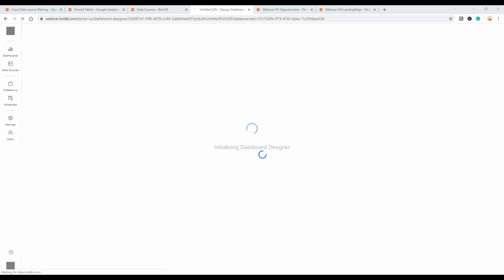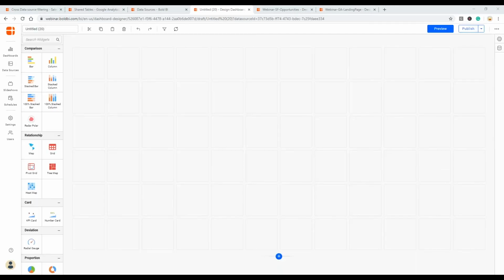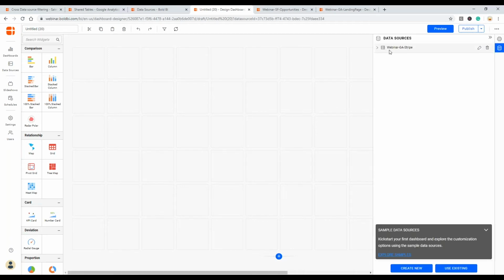So a new dashboard designer is getting configured, and here I go. In the data sources, I have the combined data source, the Google Analytics and Stripe combined data source, with which I'm going to design this dashboard.